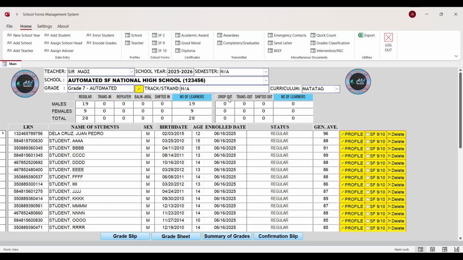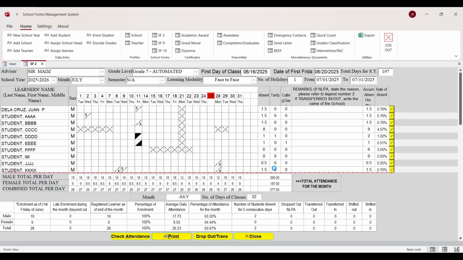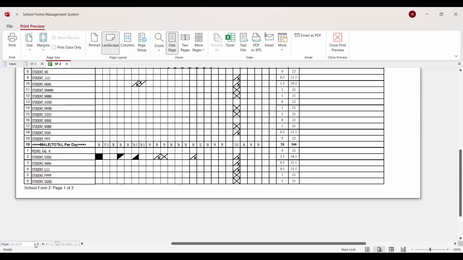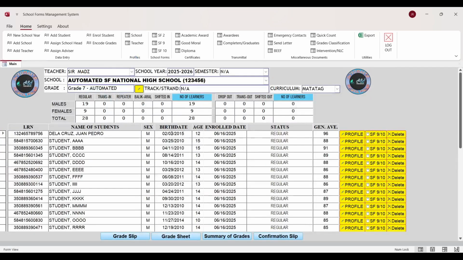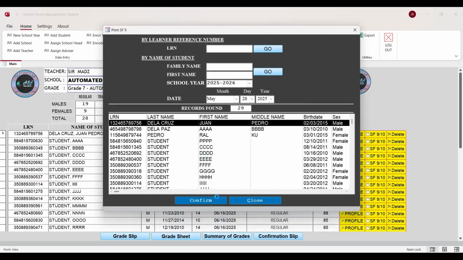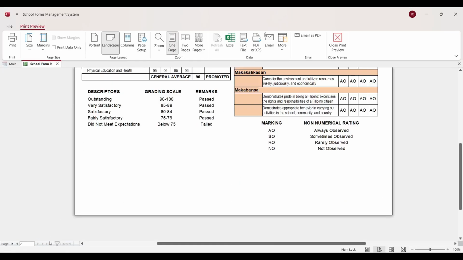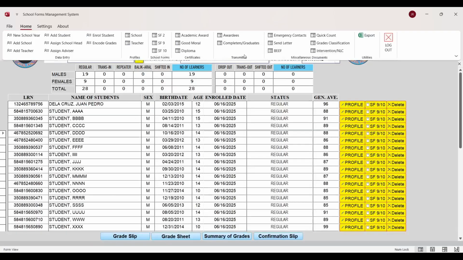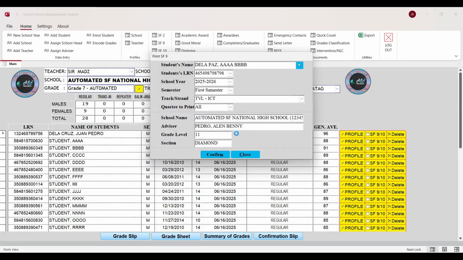This application is designed to help you manage all your DepEd school forms in one convenient workspace using Microsoft Access, whether it's SF2, SF9 for junior high school, and for elementary, we have the standard format, and also SF9 for senior high school,